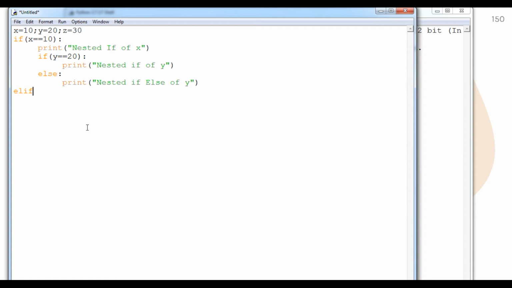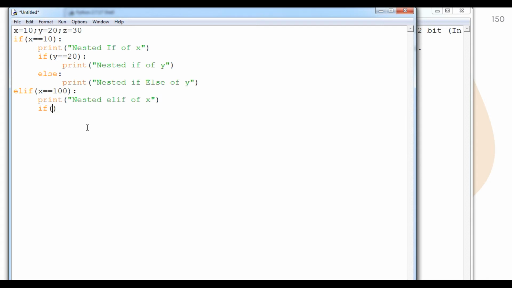So I will type here elif, if x double equals 100. Then I will print nested elif of x,